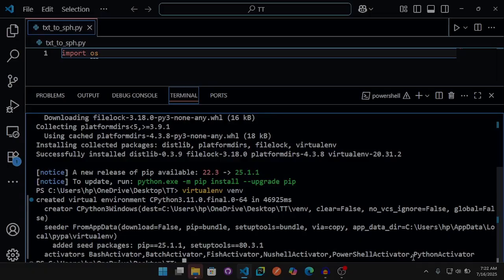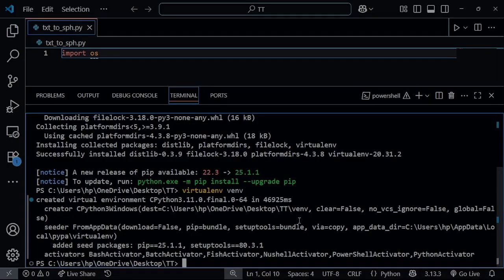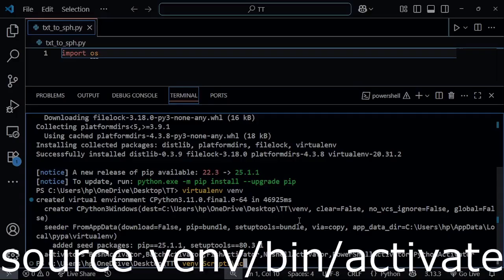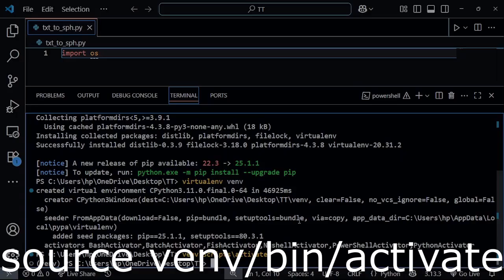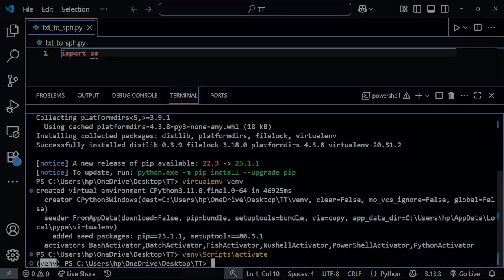Now the next thing we are going to do is activate this virtual environment. I want to go into the Scripts folder and activate the environment. If you're not using the Windows operating system, just check out the right way to activate yours. So now I have successfully activated this virtual environment. We can see it in parentheses right here that it has been activated. So we want to go ahead and install the necessary third-party packages. Just say pip install